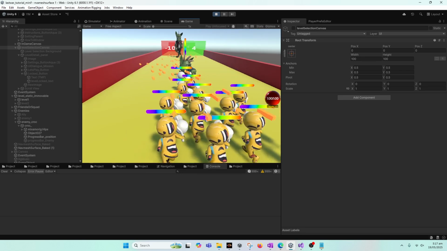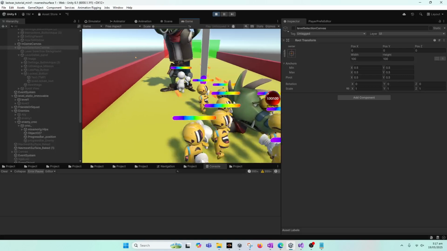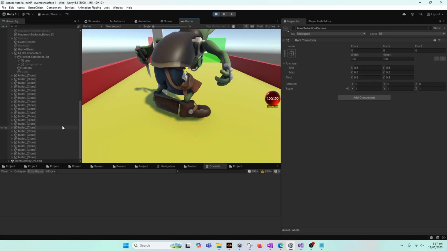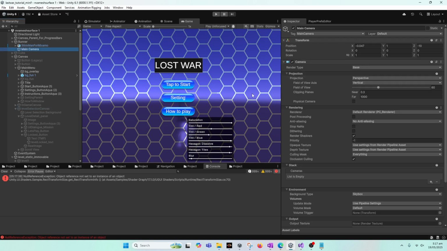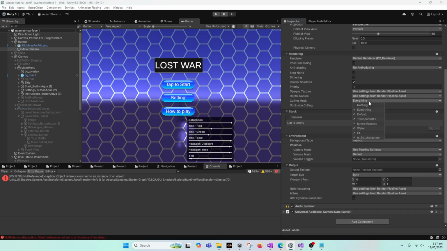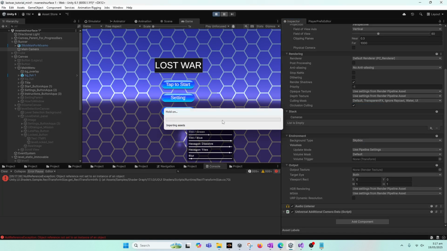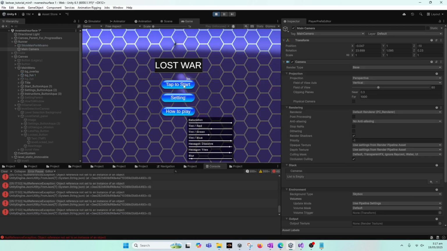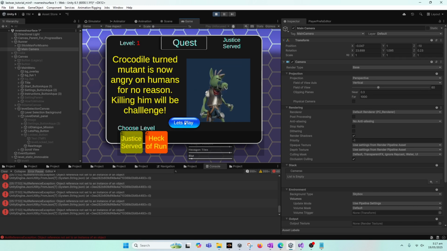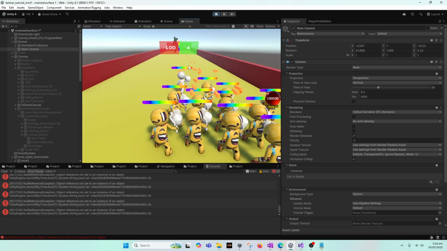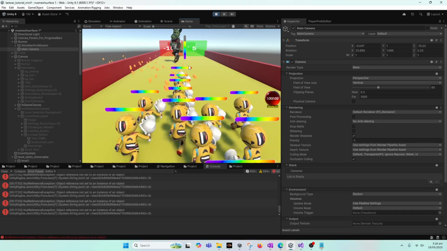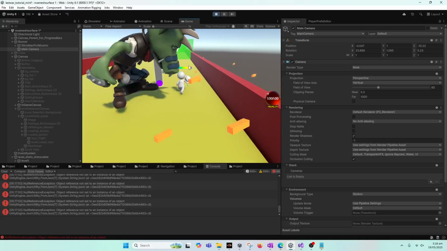And again, as you can see, this crocodile, this lower one, is still visible because our main camera culls everything except this. So if we uncheck this, and now if we select the one and play, as you can see, that random character doesn't show up, and our game seems to be done